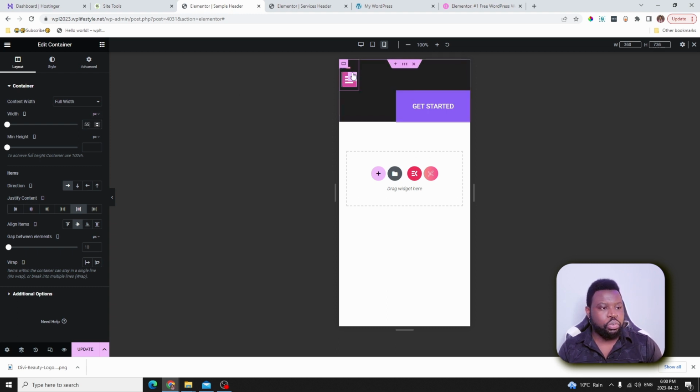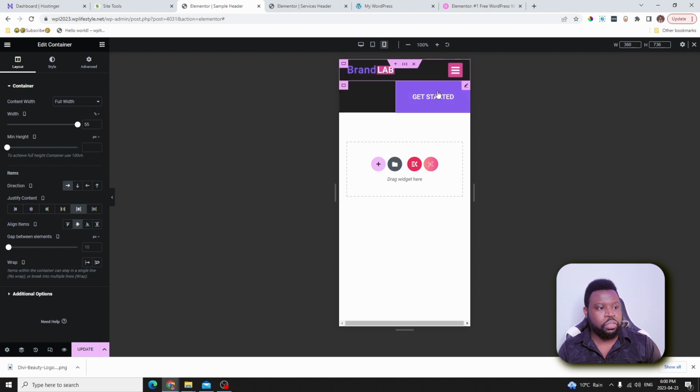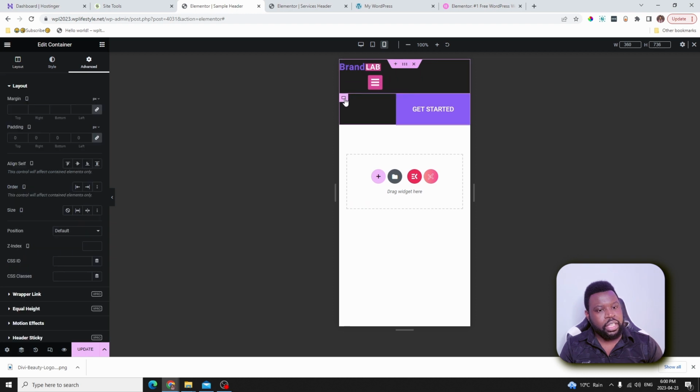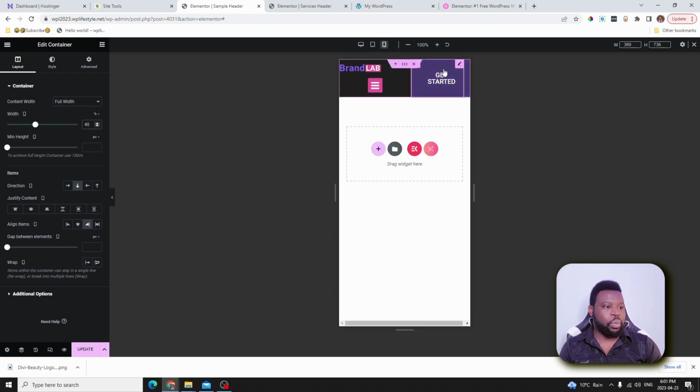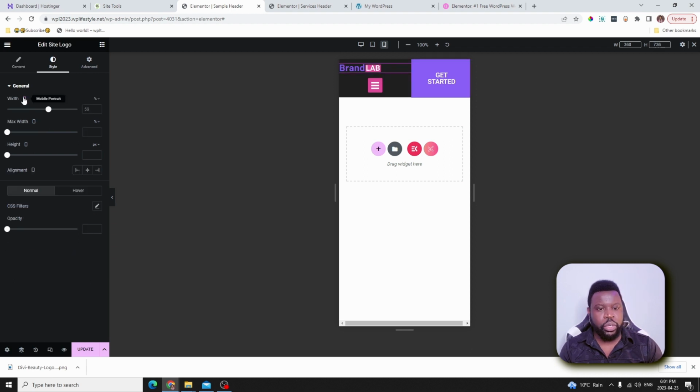You can see it looks really weird because this is currently on pixels. So let's change this to percent. We'll change that to 55% like this, and then for this container, we'll change this one to 40%. Change this to percentage, and then change this to 40. So now you can see that we have that container in here. All we have to do now is to make it look nice. So the width right here, you can see that we have it on percentage, but let's go ahead and change this to pixels so we can actually move it around. So something like this, maybe 120 pixels, which is looking really nice.